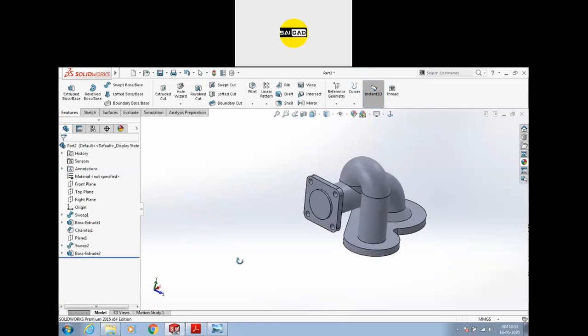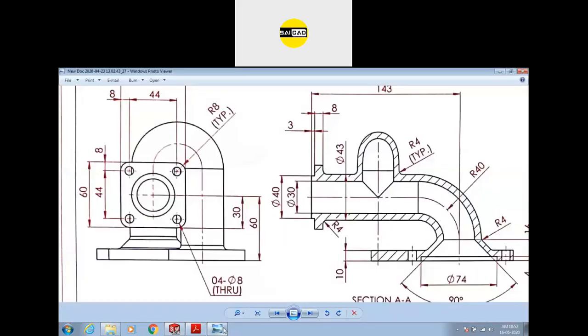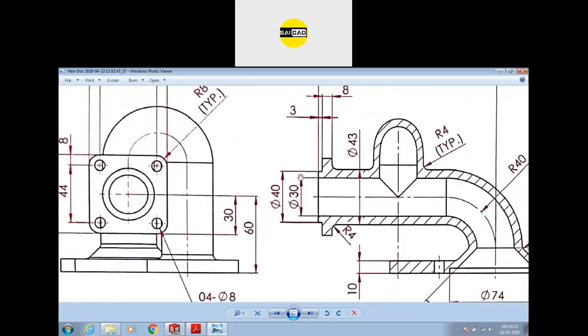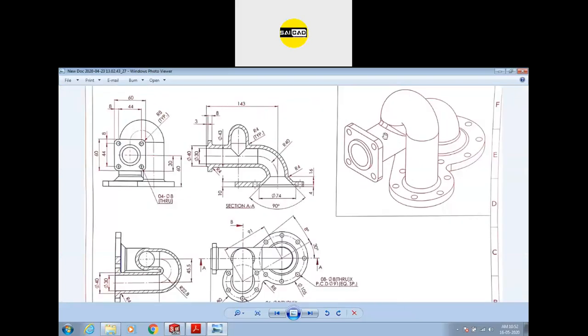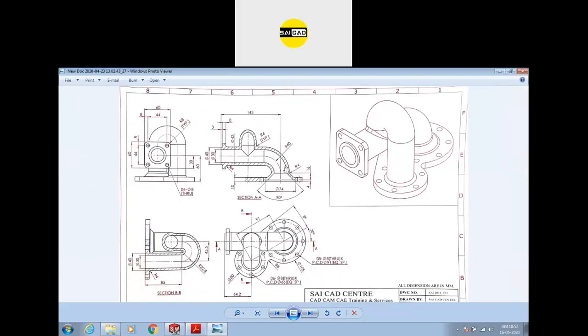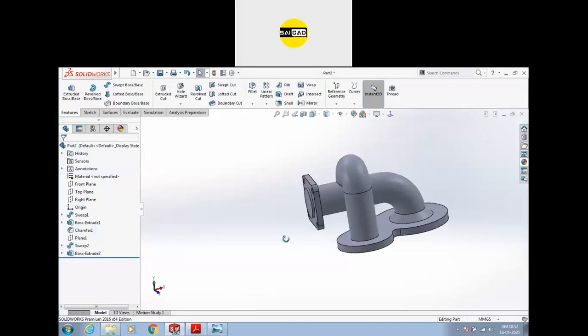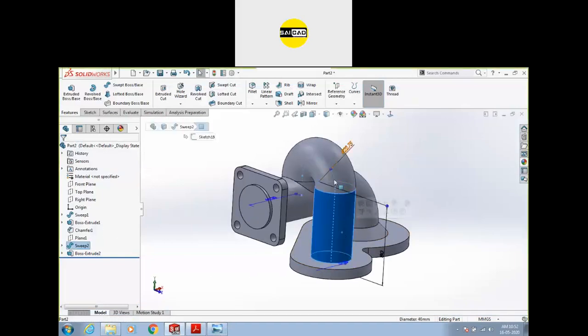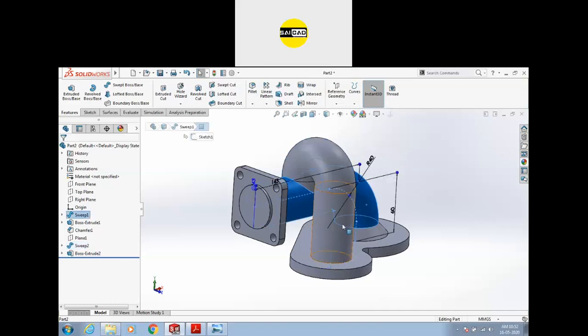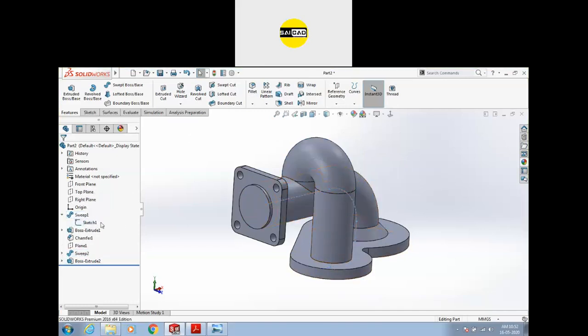So now we have created this flange, this base flange, these two pipes. Now we have to make it hollow from inside. So to make it hollow, we can use the path of these two sweeps again. I'm going to select the path and make show the path from here.